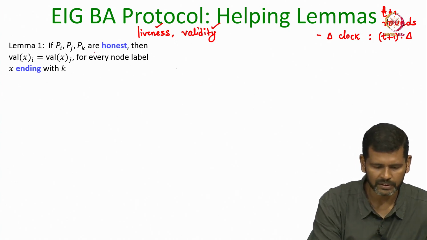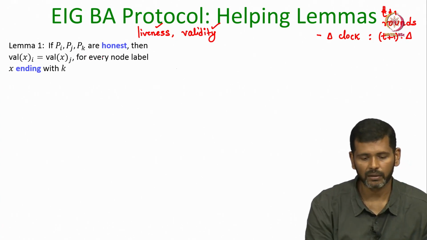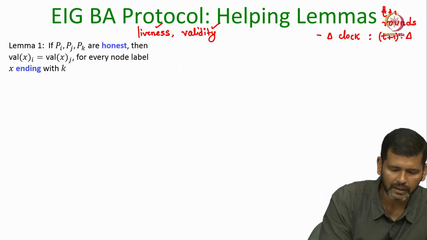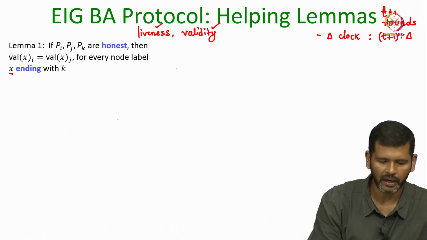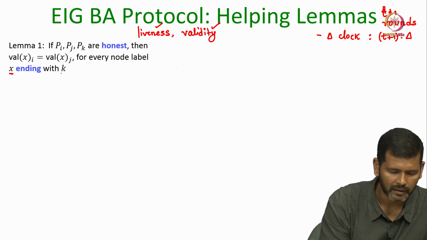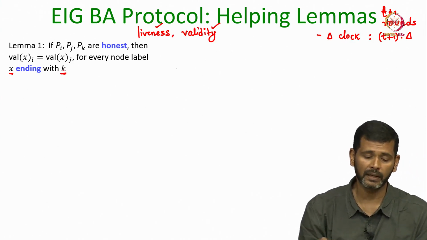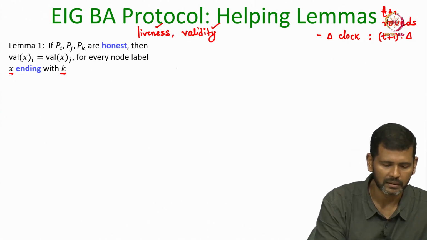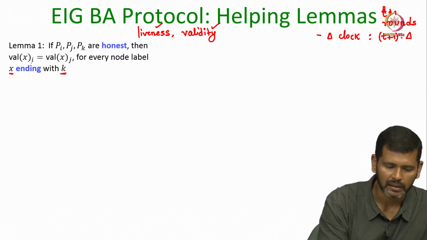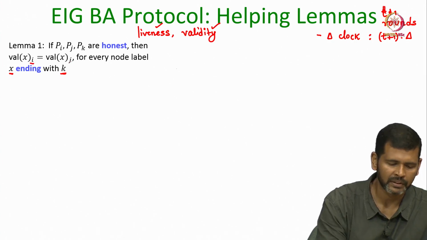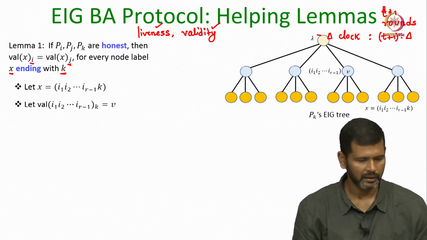Let us start with lemma 1, which states the following: if you have a triplet of parties P_i, P_j, P_k and all of them are honest, then if we take any node whose label is x, and suppose the label x has the last index as k corresponding to party P_k, and P_k is honest, then the claim is that the value which is assigned to the node with label x in the ith party's EIG tree and the jth party's EIG tree will be the same. So, it is like saying the following: you take any node x